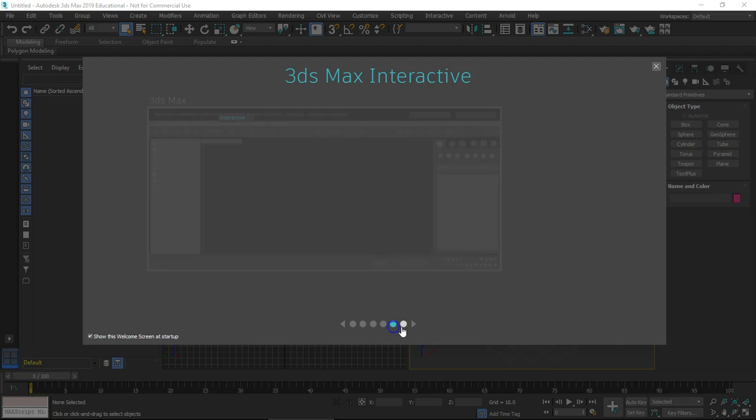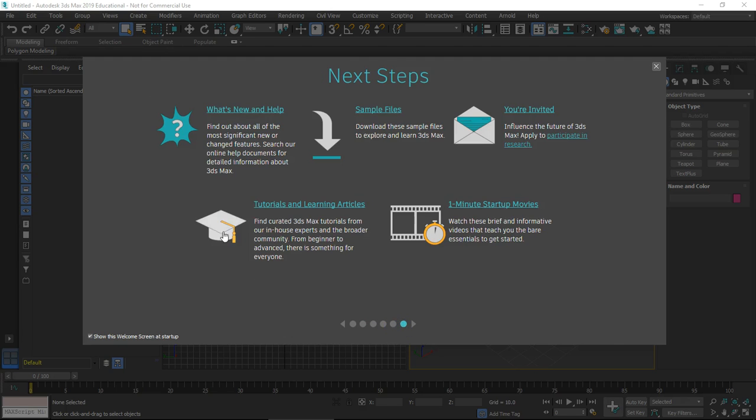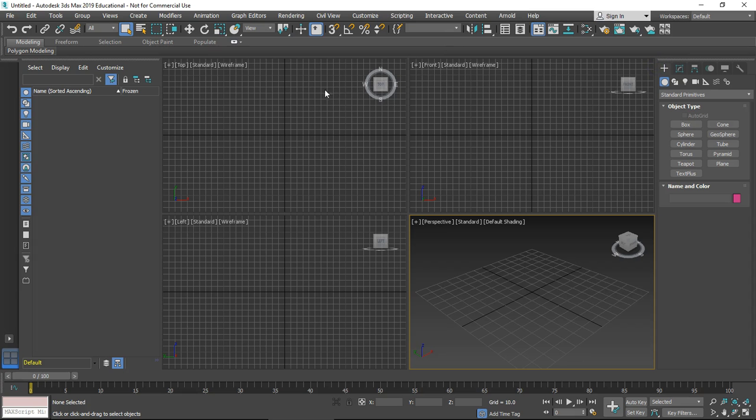Just some tips and tricks, because it's got some links to some of the videos, because you can download sample files, look up the startup movies, for more information. So we're just going to close this out, and this is our standard interface here. So we're going to start with